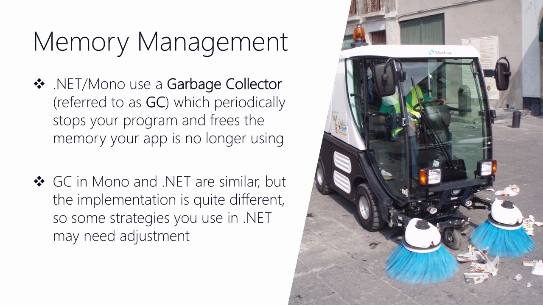To start with, let's set a baseline for everyone. I'm sure that all of you are aware that .NET and Mono both use a garbage collector to reclaim memory that's used by your application. This garbage collector, sometimes referred to as a GC, periodically will stop your application, scan it, find all the memory that you've allocated but are no longer using, and free it so that your application can then continue to work